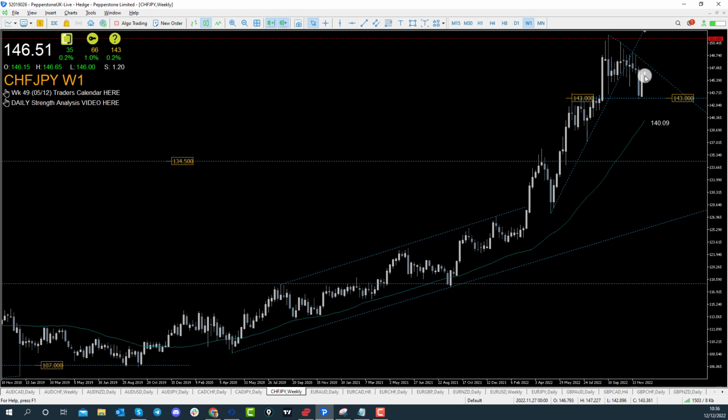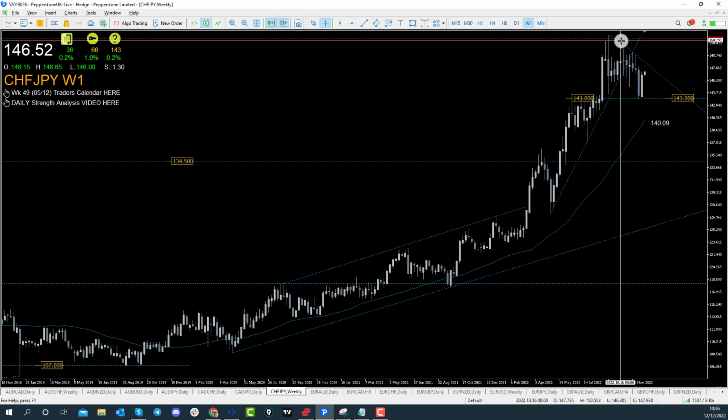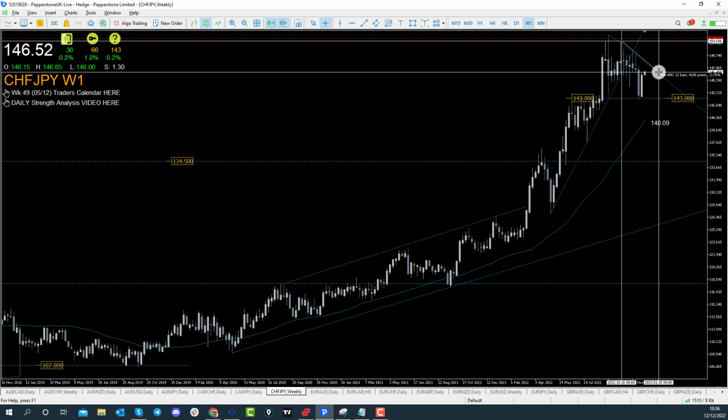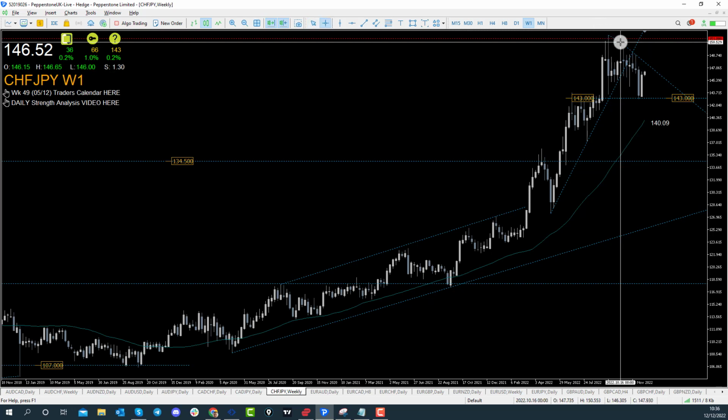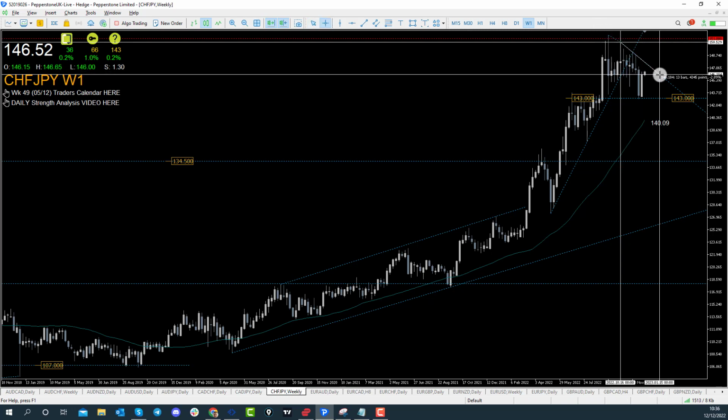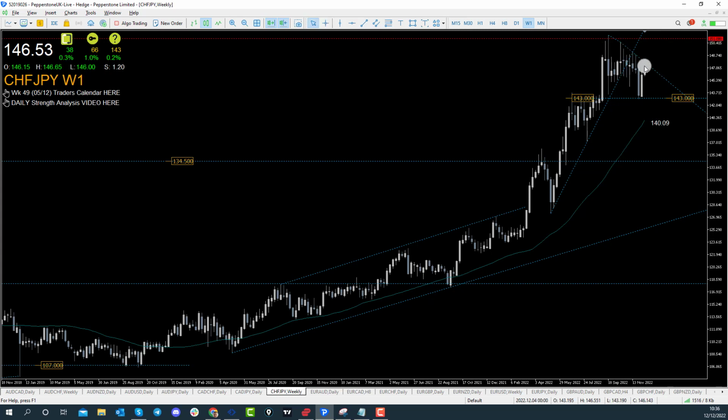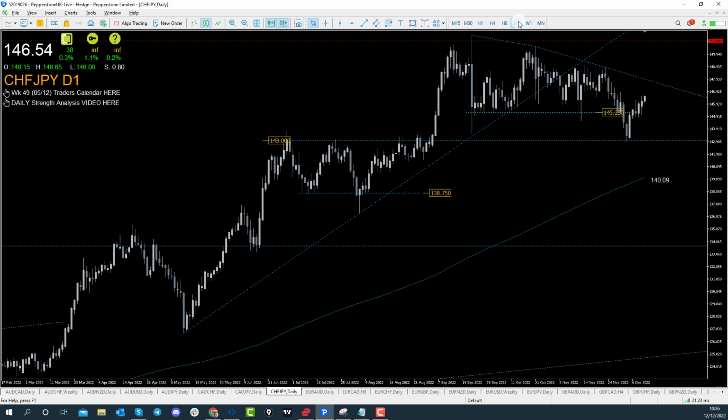We do have some other support and resistance in the way, so resistance being this trend line resistance running through here, where you can see that the market has already tested before and could potentially test again on its consolidation move here, because technically we're range bound now between the 143 and the 151. You can see lots of consolidation going on through here, so I would expect maybe, with the 143 being the low, the price could trade towards that 151 handle. Now if we go to a daily chart,